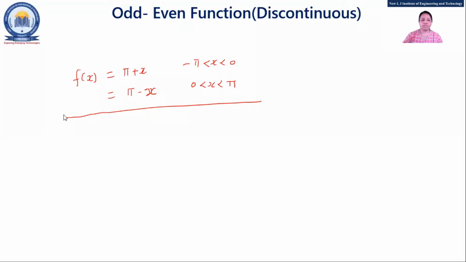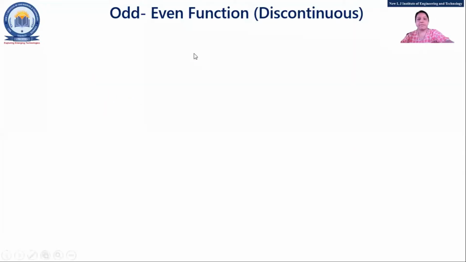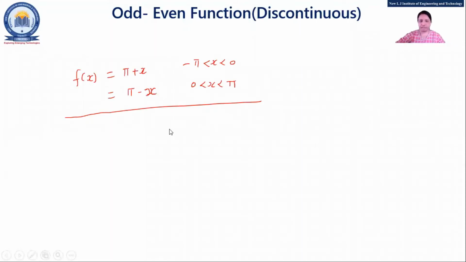Okay, I have given this sum that you have to solve, right? Three or four students have WhatsApped me, maybe I could not reply to all of them. Okay, now f of x equal to pi plus x, pi minus x. So when you are going to check, first check minus pi to pi. Yes, it is minus pi to pi. So we can go for that.